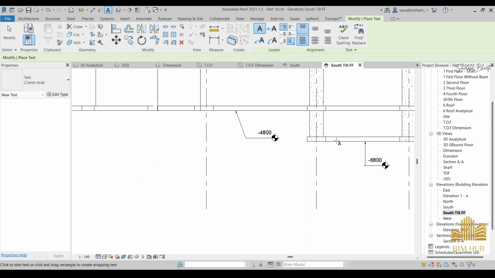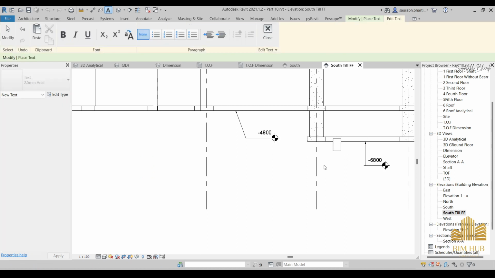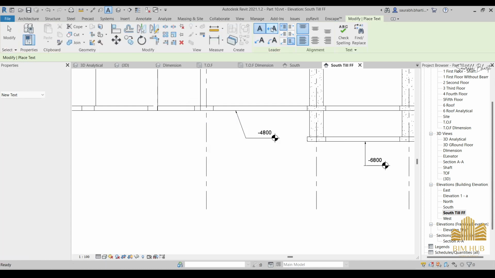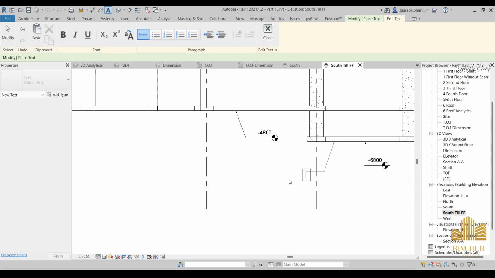So let me start writing it from here. Okay, I also need to give it a leader. So let's make a leader something like this. As you can see, we have this type of leader that we can use. So you can also choose this one, and you can start it something like this, and like this, and then write it down. So at this place I can write it as